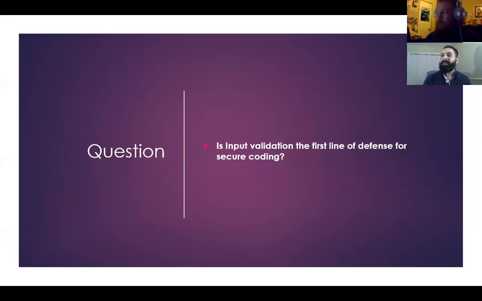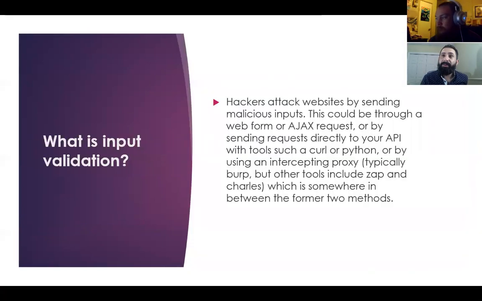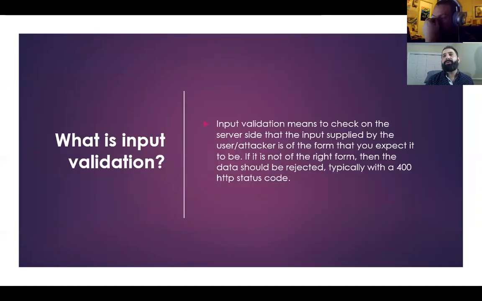Input validation is the first line of defense for securing code. Hackers attack websites by sending malicious input. This could be through a web form or an AJAX request, or by sending requests directly to your API within tools such as curl or Python, by using an intercepting proxy and whatever. They will try to find a way to pass